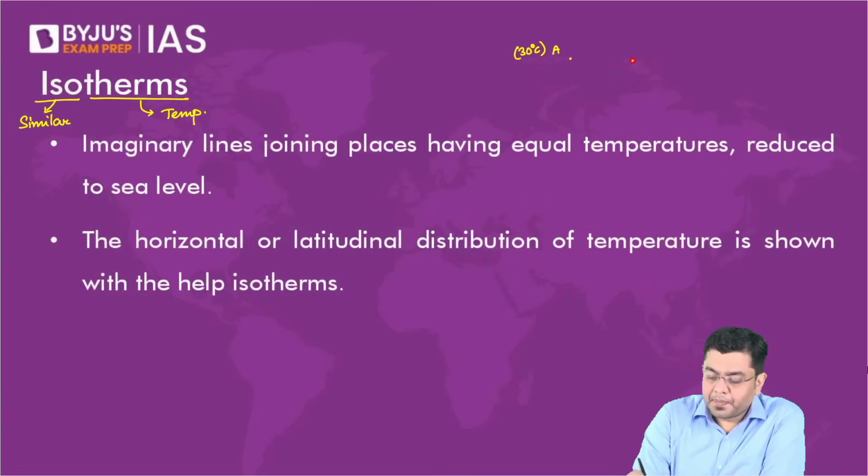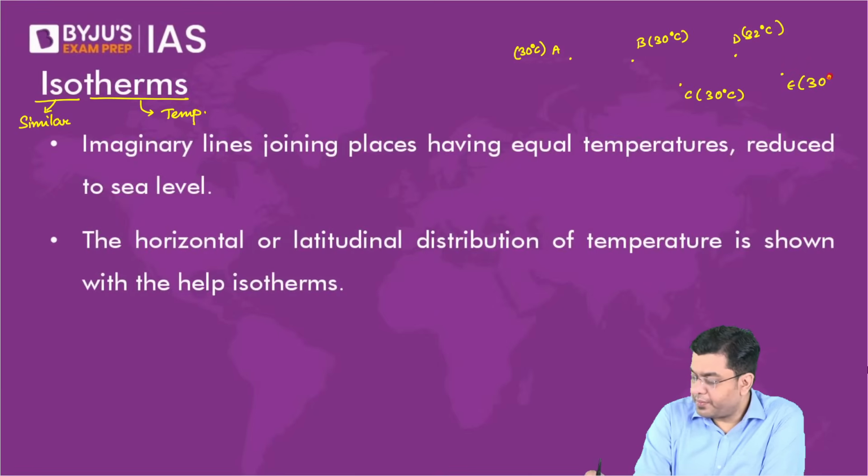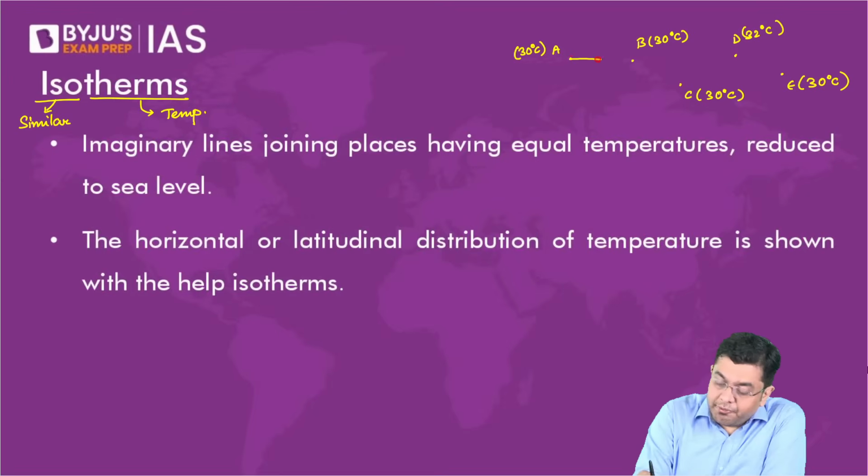B. Let's suppose B is also experiencing 30 degrees Celsius. C, 30 degrees Celsius. D, 32 degrees Celsius. E, 30 degrees Celsius. Right? So the isotherm which will be formed here will be joining all of the places